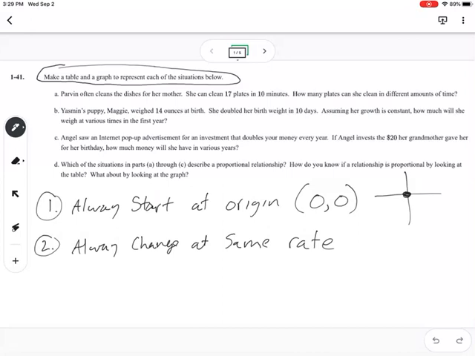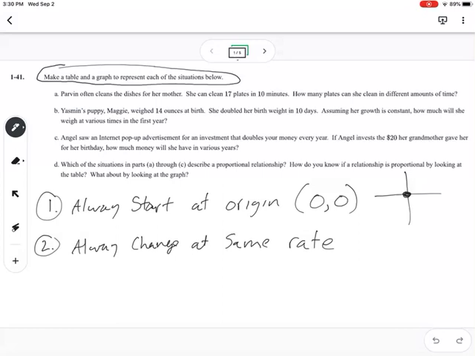So to explain this, I'm going to use question 41 from your CPM book in the section. And you can see I've circled what the directions say, which is to make a table and graph to represent situation A, B, and C below. And then we'll answer some questions about those on D. Now,